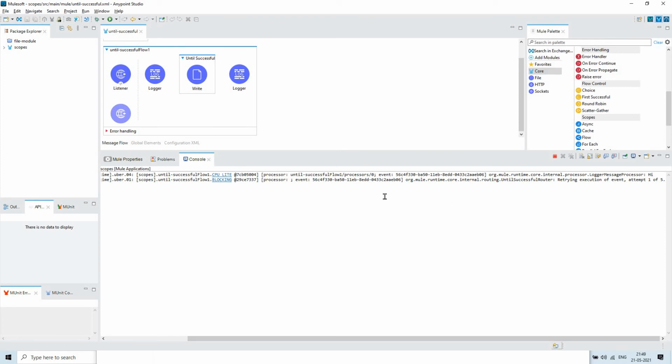Okay, and whenever the maximum retries got exhausted, it will throw the error that retries exhausted, something like that. Okay, so it is attempting for the first time, second time, sorry, attempt 2 of 5. Let's wait till attempt 5 of 5. Attempt 3 of 5.